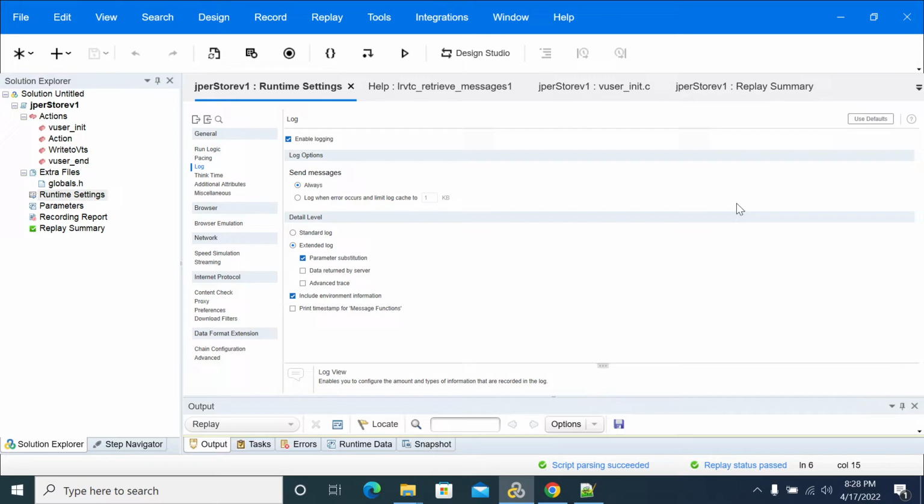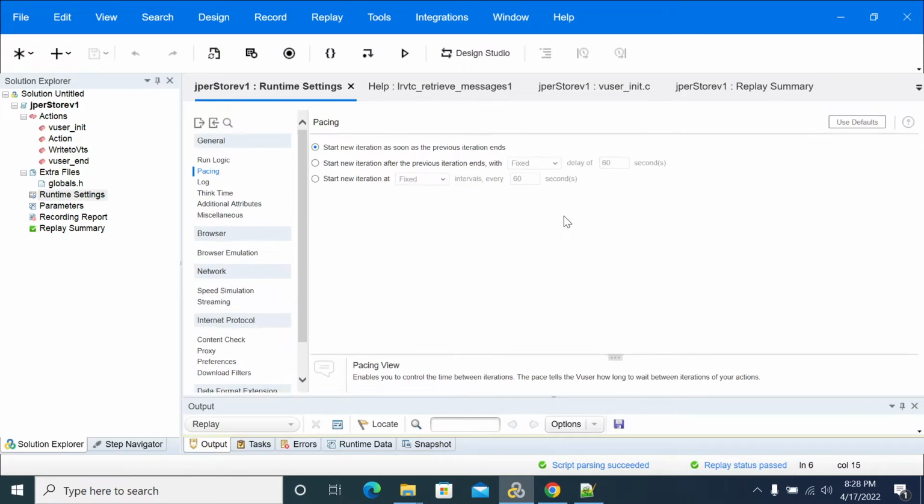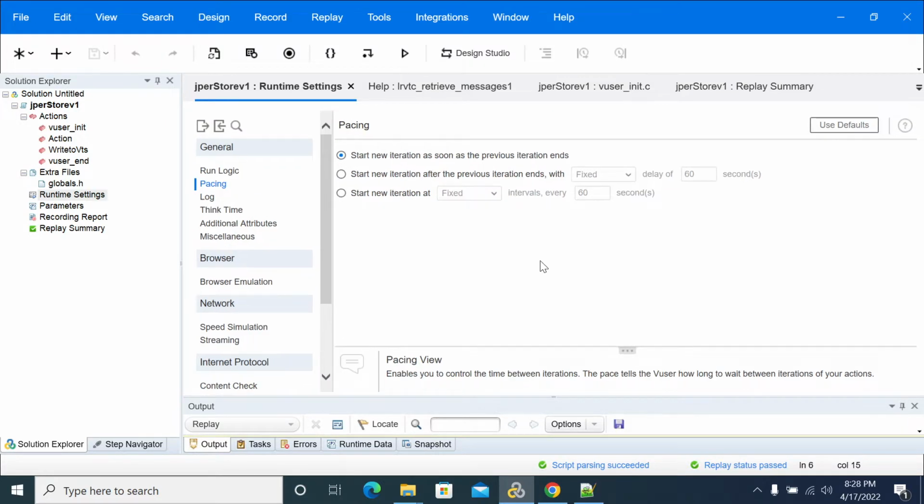You will get a screen like this. Then select pacing from your menu. When you go to pacing, you will have three options. If you select the first option, start new iteration as soon as the previous iteration ends,